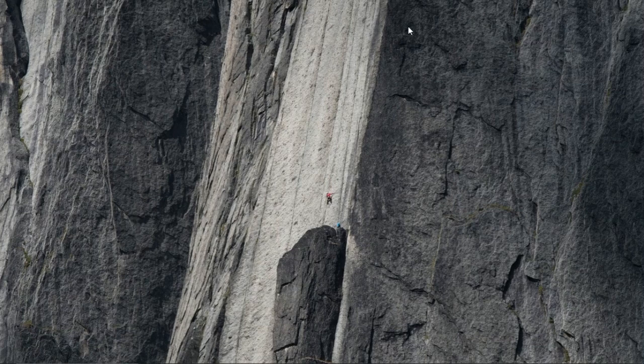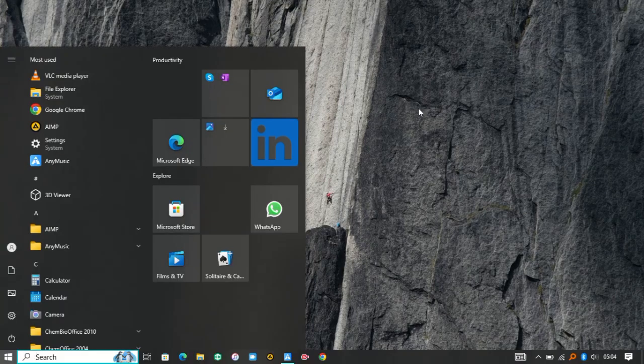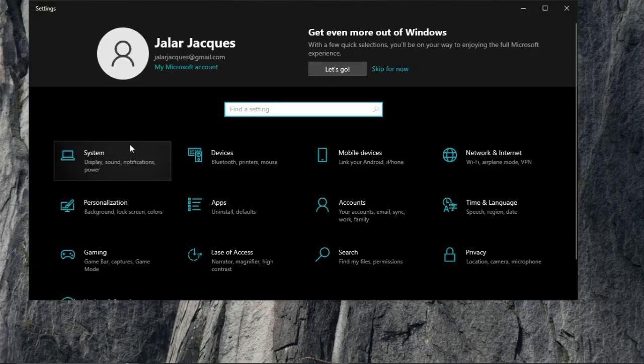So we are going to go straight to our first video. So this is method 1. In method 1, you're going to click on your Windows icon and then click on settings, and after clicking on settings you're going to click on system,